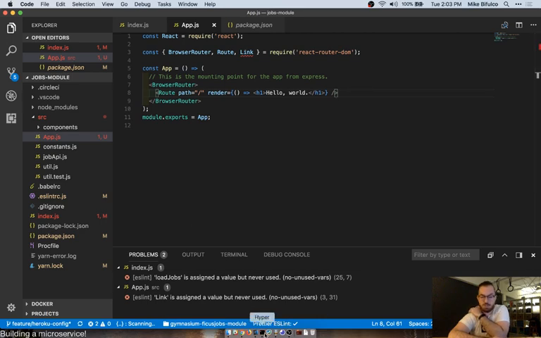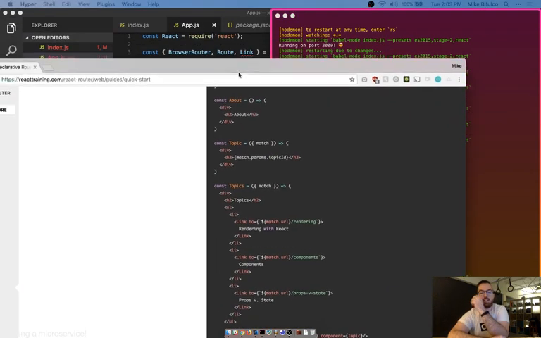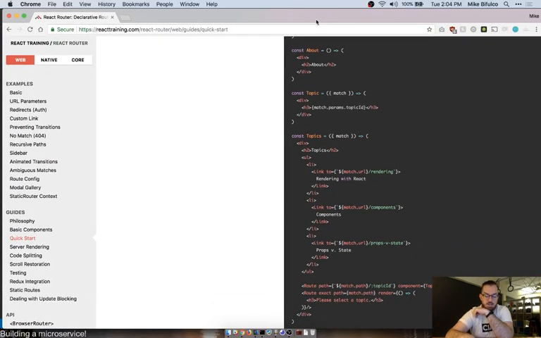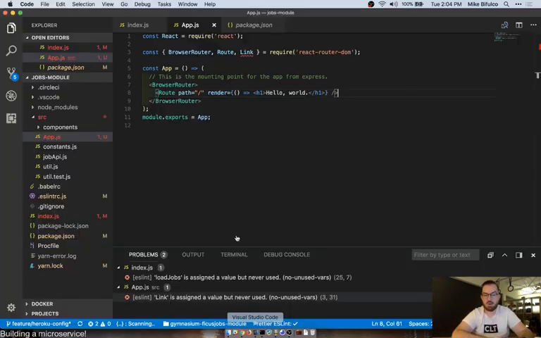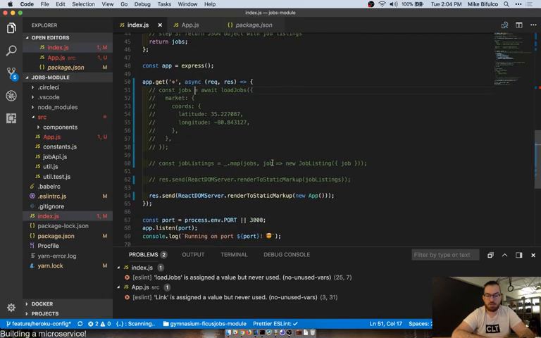So here, let me read this error to you. It says, unhandled promise rejection warning. Unhandled promise rejection. Invariant violation. Browser history needs a DOM. What it's saying is that this doesn't actually have a DOM because, I believe, we're using this render to static markup, which essentially just spits out a string in an index here. So we're going to change this to